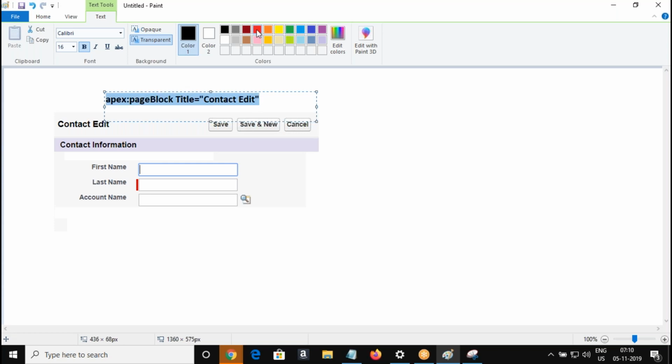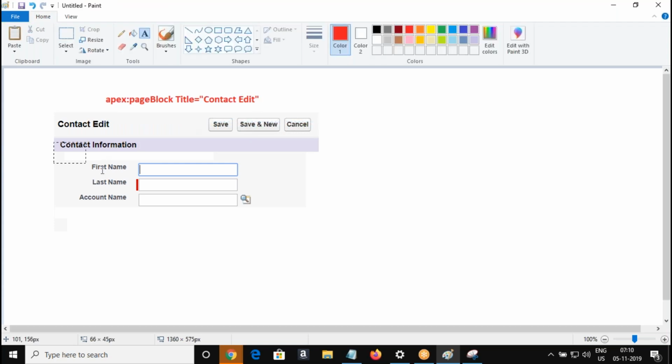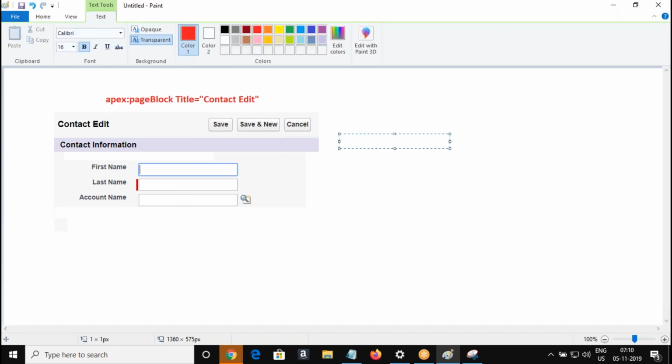So what about this part? I will add a section, apex:pageBlockSection. And what is the title you will give? The title I will give is contact information.